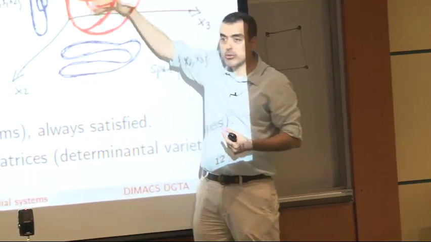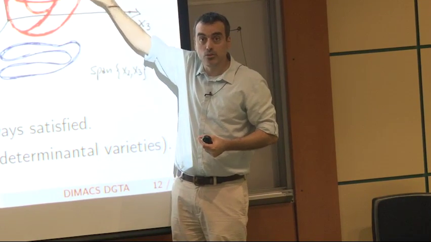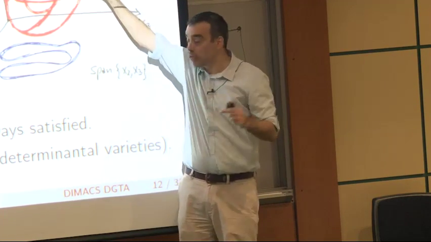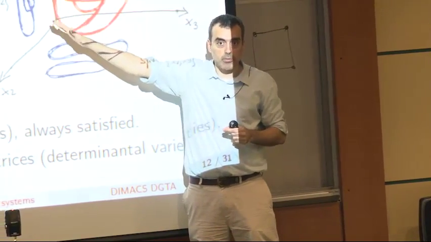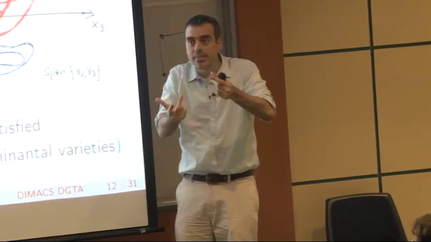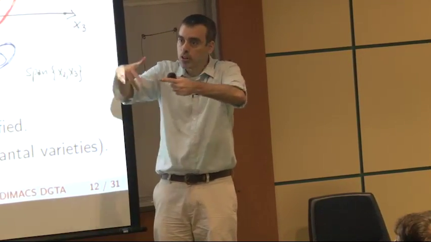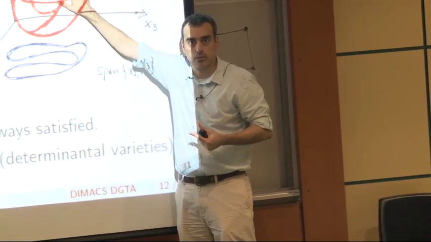And the same thing is going to be true on every projection. So even though in here, this variety may have astronomical degree, all these projections are themselves going to be small. And because of chordality, it turns out there's going to be a nice way of assembling all these projections together in a way to reconstruct this object.